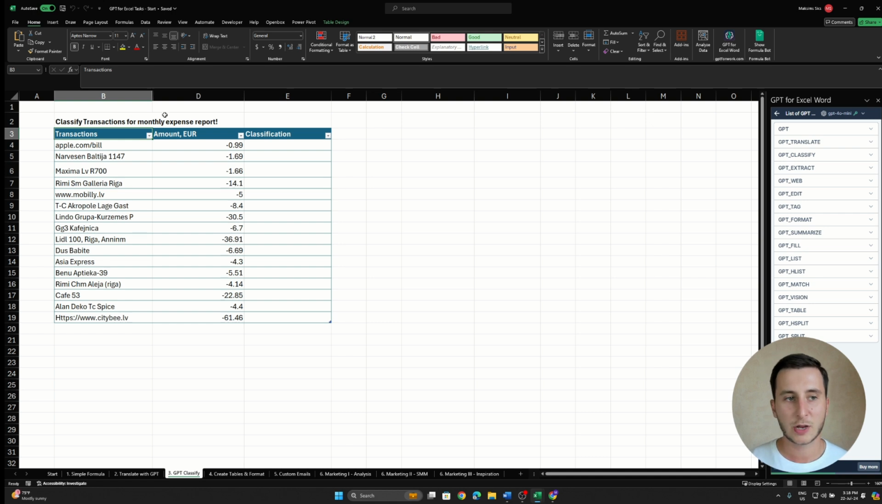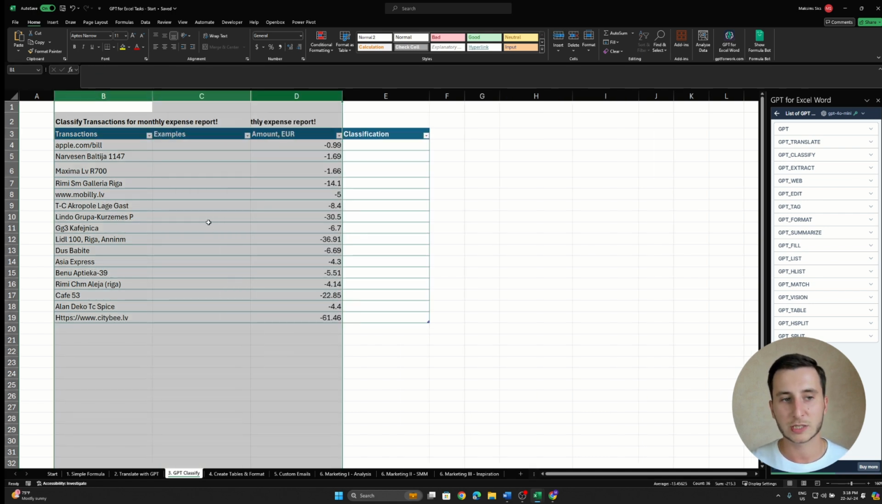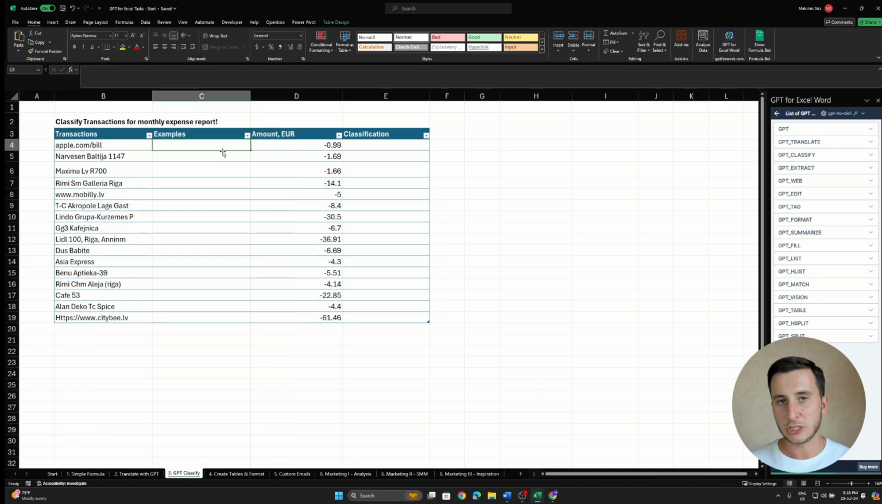In order to do this, we will actually need another column. So this column is called examples. We need to teach it how to classify it, and we need to give it a few examples of how to do it. So I would go with, I have paid for Apple.com, so I would call this as services. Narvis and Baltia, I would usually go for coffee. Maxima, those are local retail shop with groceries. This is another grocery shop. This is parking. This is restaurant. So I gave it a few examples so that it understands how I wanted to classify things,